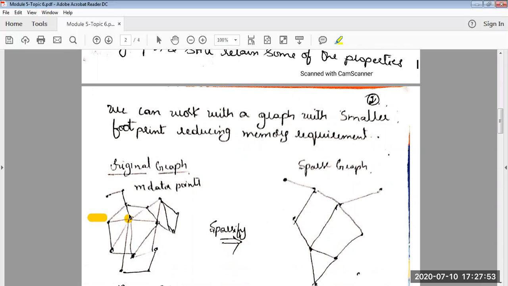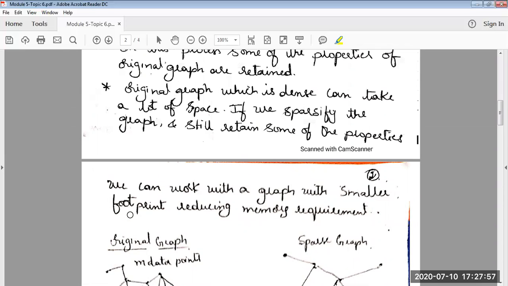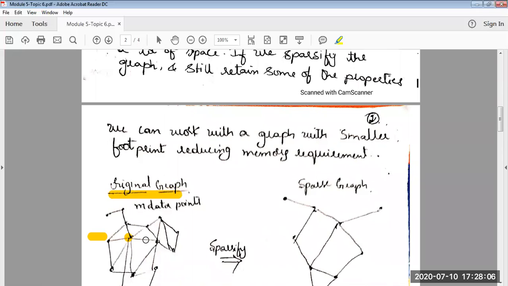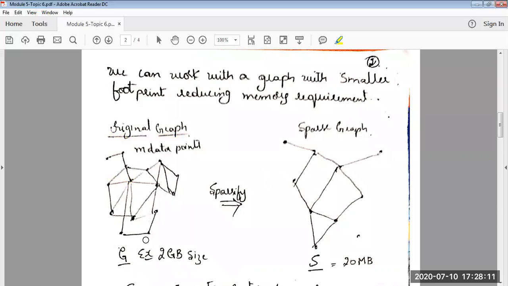database will have many points and edges. So the number of points and edges will be very high, meaning that it's a dense graph. Usually a graph will be very dense. That is what you can see. Now, what will be the consequence of a graph being very dense? If a graph is dense, it means we have more data points, and the more data points, the more edges for connecting those data points, and weights.